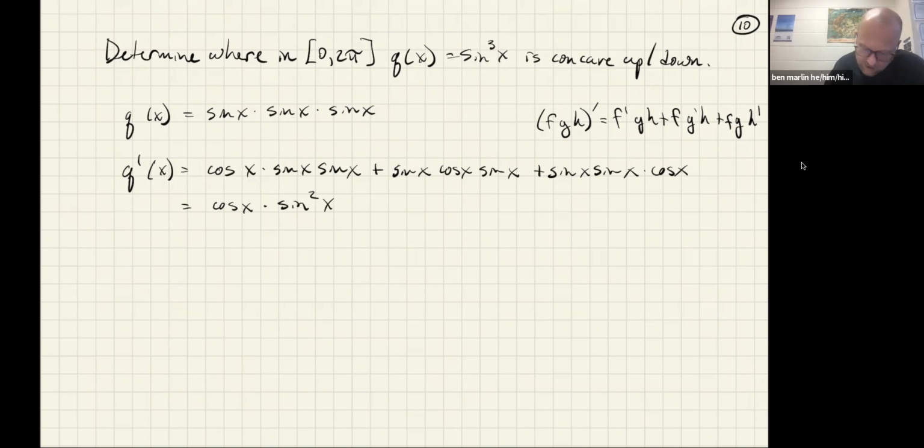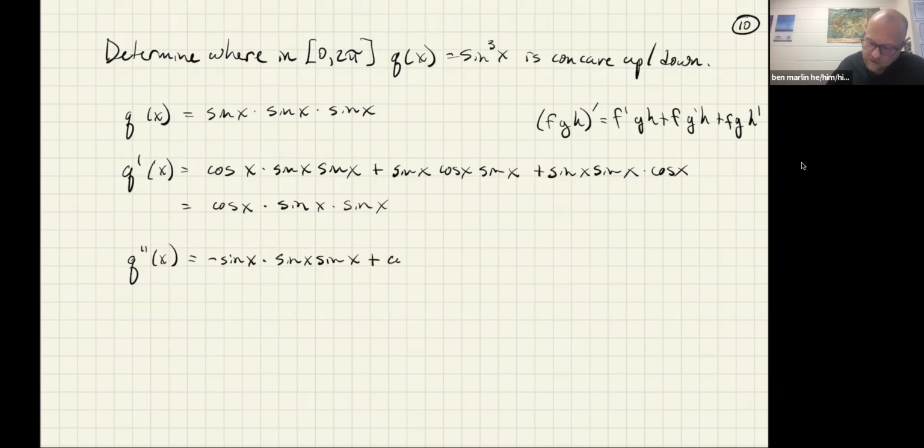Then when we do the Q double prime of x, it's going to be helpful to think about it as the 3 products again. And so if we're going to think in those terms, I'll put it like that. We have to take the derivative of the cosine, which is minus sine x, and then the other 2 are left alone,